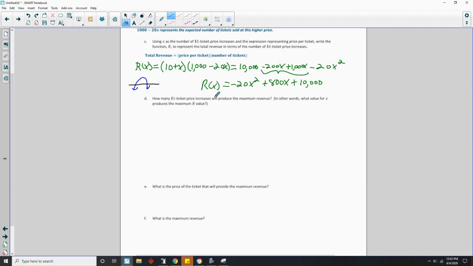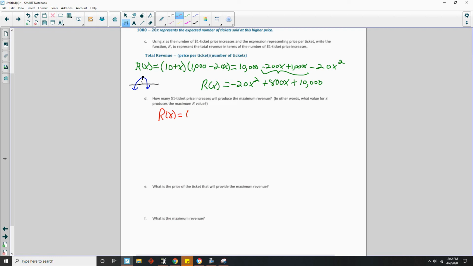So how many $1 ticket price increases will produce the maximum revenue? That would be right here. And keep in mind, that's just going to be another vertex problem. So what we're going to do is complete the square here. So here we go. So I write R of x